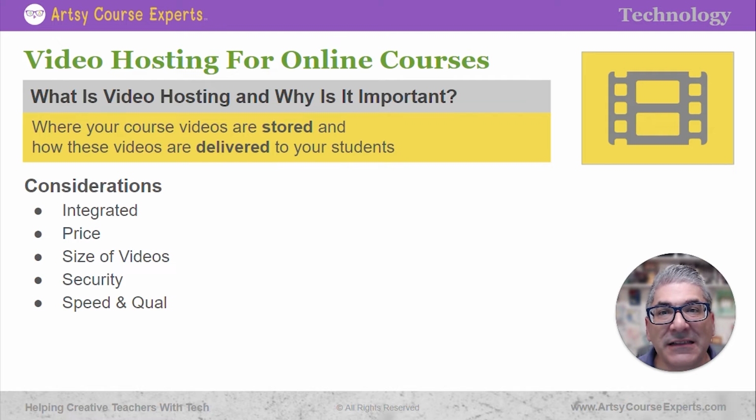Next up is speed and quality. So depending on where these videos are hosted, you can click on that watch course and the video starts right away. There's no stuttering, there's no choppiness, it's high quality audio and video. So those are considerations that you'll want to make depending on where your video is. Your video may be stored on your WordPress site, or it may be part of a separate system that's designed to stream video. It might be a CDN, a content distribution network, and they know how to get the videos to you. So as an example, if your student is in New York,